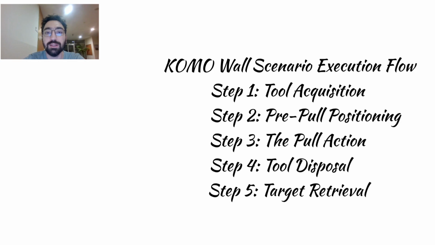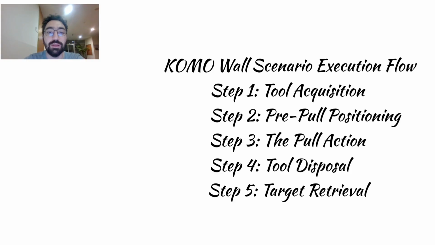Como wall scenario execution flow. In step 1, we do region cropping and antipodal grasp. The point cloud is cropped to a specific graspable region defined by the VLM. Within this cropped area, the optimal antipodal grasp is mathematically computed. Then, Como navigates the arm to this precise target, closes its gripper for a stable hold, and safely lifts the